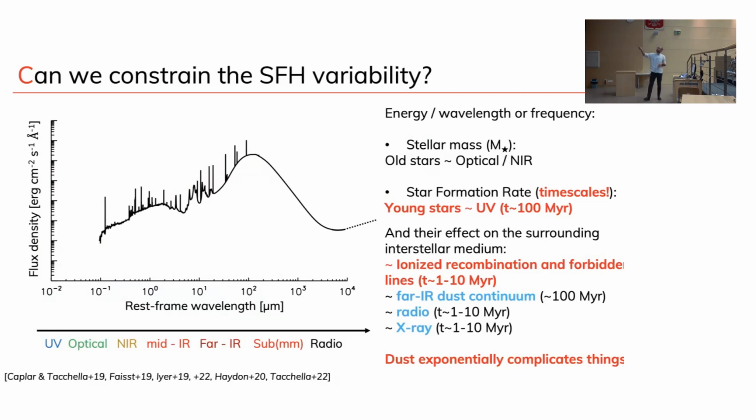The problem here, people tried. The problem here is that dust complicates a lot of things. Especially, when you observe a galaxy, you have observed dust-obscured UV and dust-obscured H-alpha. And the way you correct them to the intrinsic properties, which is what you need for the right side of the relation, depends on your dust corrections, and that's a tricky business. The two things can't be corrected the same way. You can have higher attenuation in clouds than in stars, and so on and so forth. And this might really easily wash out any signal.